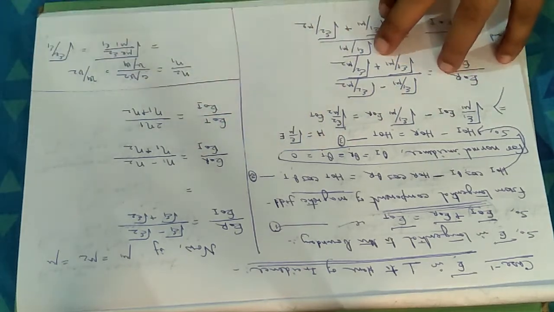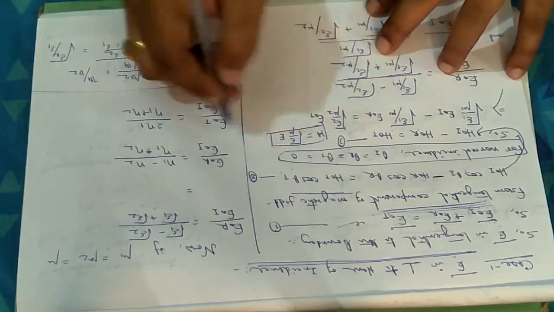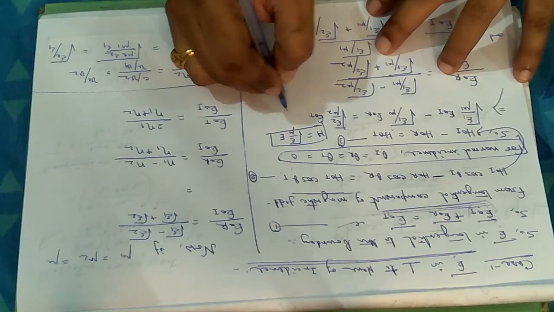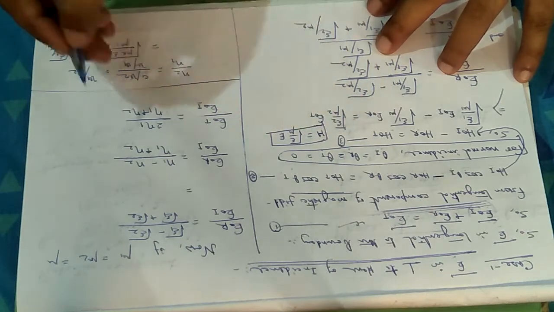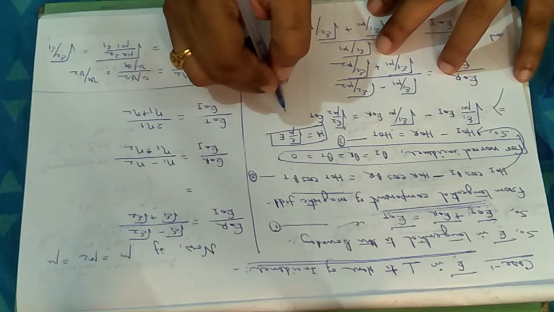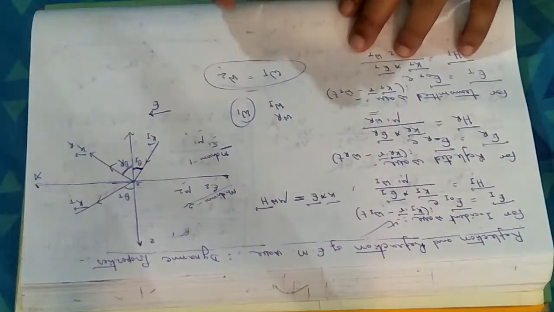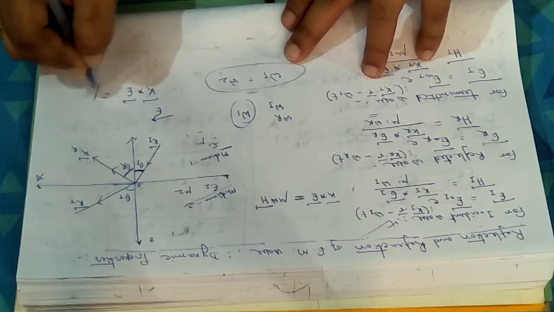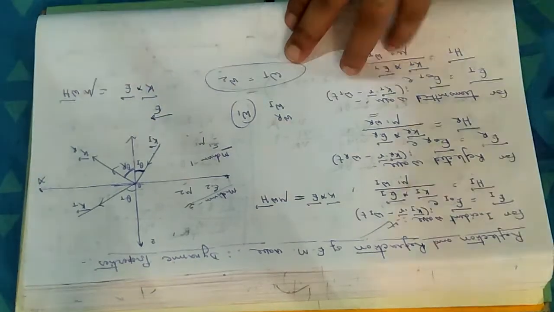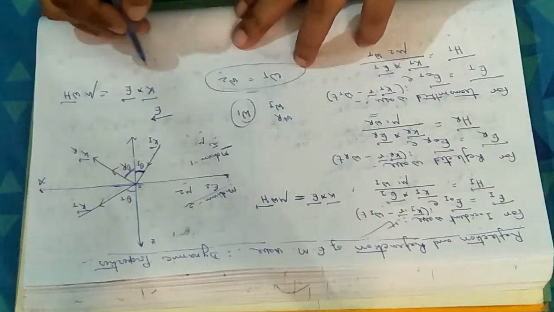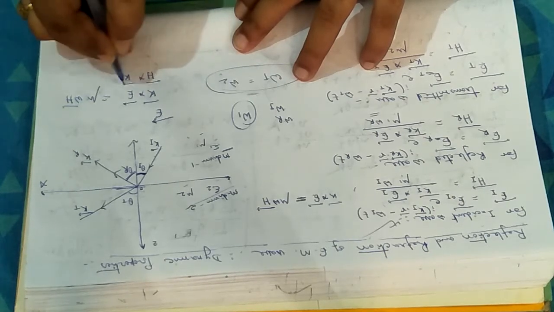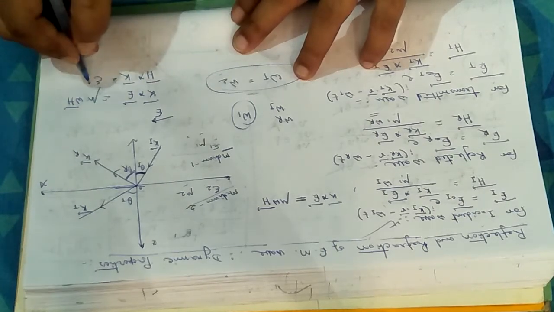Just before some time I have written this equation. You have already seen that from the perpendicular components of E and H, you have already written previously. I am showing it here: that is K cross E equals mu omega H. This equation you have seen, and also you have seen H cross K equals epsilon omega